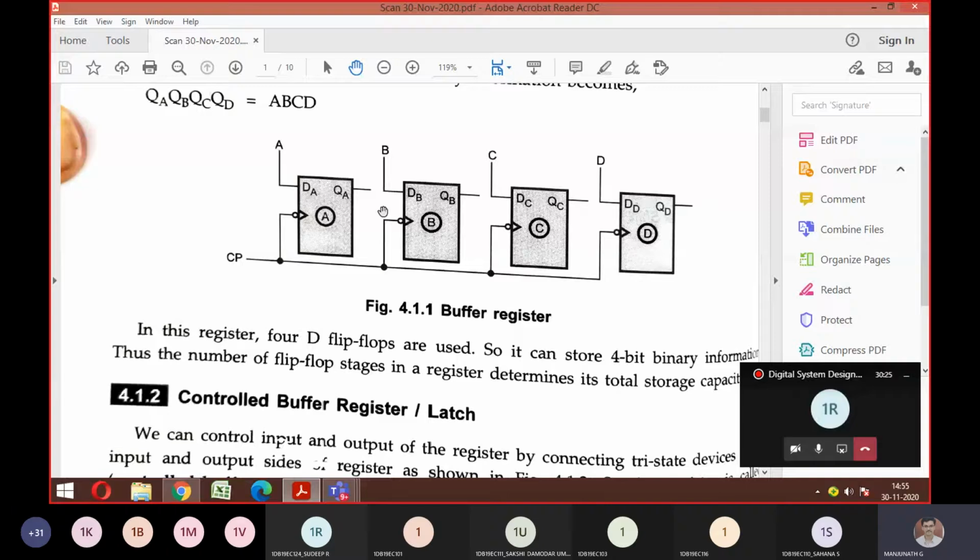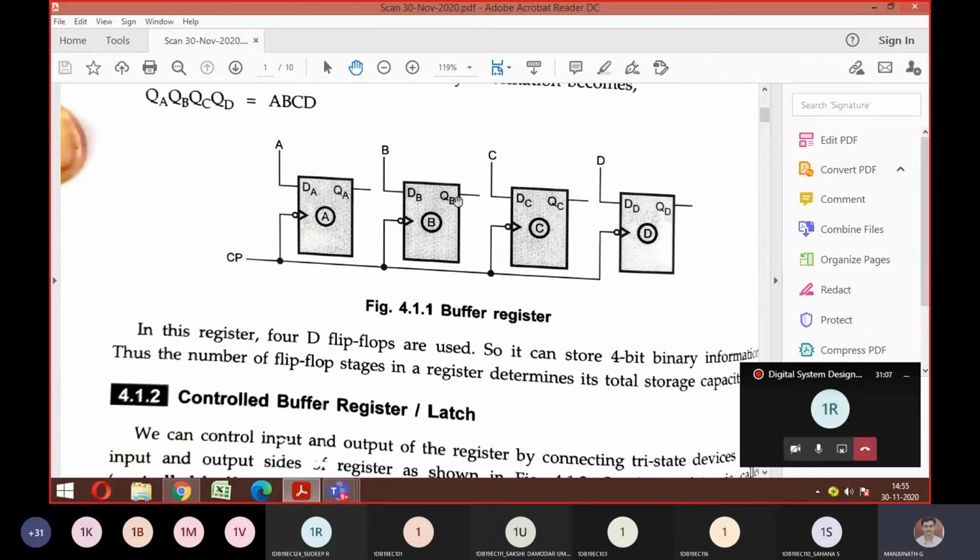So storage capacity is there only for the individual flip-flop: A flip-flop, B flip-flop, C flip-flop, D separately. Correct? If you want to shift the data, for example, I am having 4 registers here, A, B, C, D. I want register A for some other application, so whatever data is present in A, I need to move to B. Then what I should do is shift the content present in A to B. Yes or no? That is where the shift register comes into the picture.